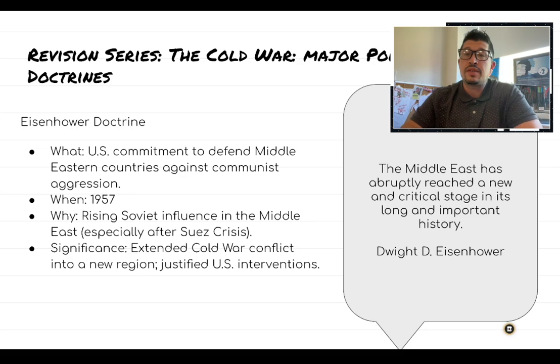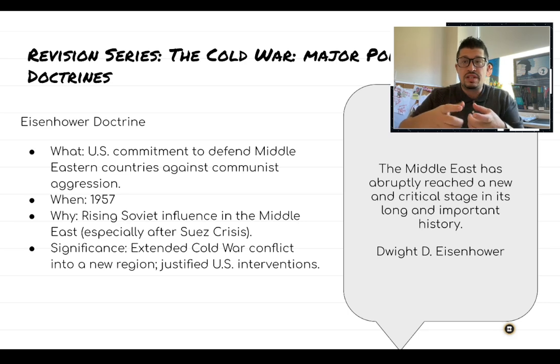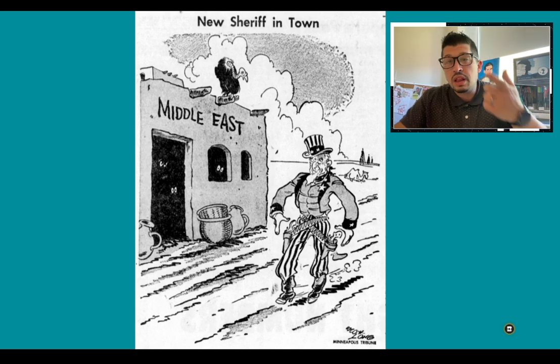So in 1957, Eisenhower is going to explicitly state that the Middle East is now on the radar of the United States, and they too are going to get folded into this policy of containment and dragged into the Cold War politics of the time, right? So the Eisenhower Doctrine, even though it's in '57, the real ripple effects are going to come in the late 1970s, early 1980s, when the Middle East erupts into their crises. I love this picture for the Eisenhower Doctrine. There's a new sheriff in town, and you see Uncle Sam coming in.